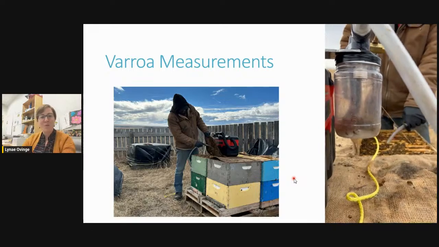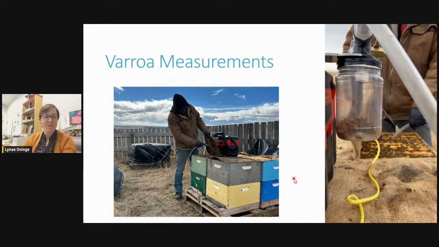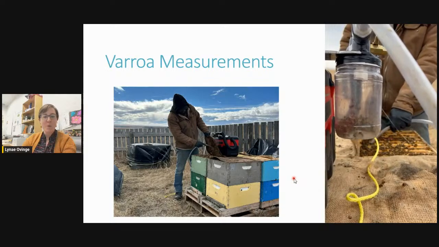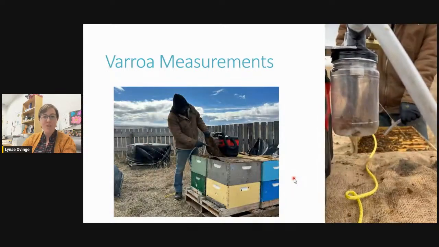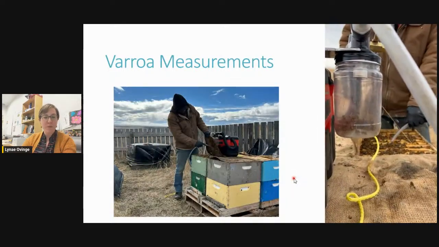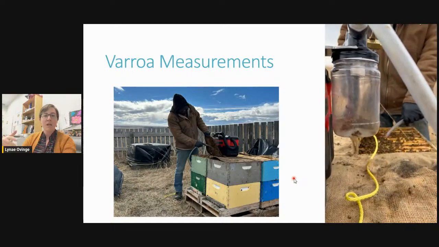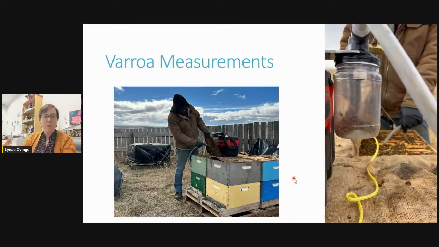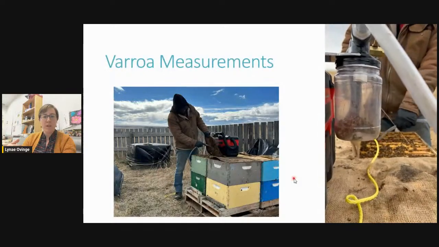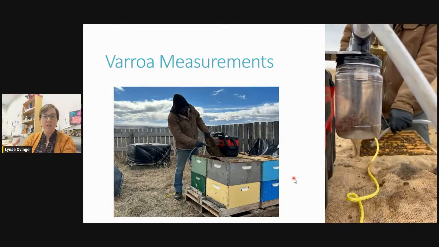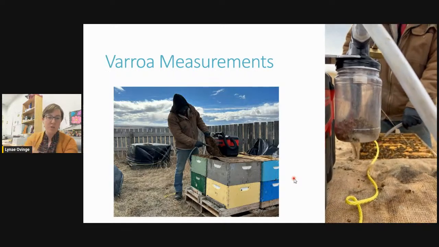Another way to do Varroa measurements that I have to show off is I work with these beekeepers and they built a Milwaukee bee vacuum for me. So this was inspired by Randy Oliver, but also Ian Stepler, but they kind of took it a step forward and actually use a Milwaukee vacuum. They could work on Milwaukee power packs, and they actually didn't destroy the vacuum. The vacuum can still work as well. And then this jar just suctions to it.